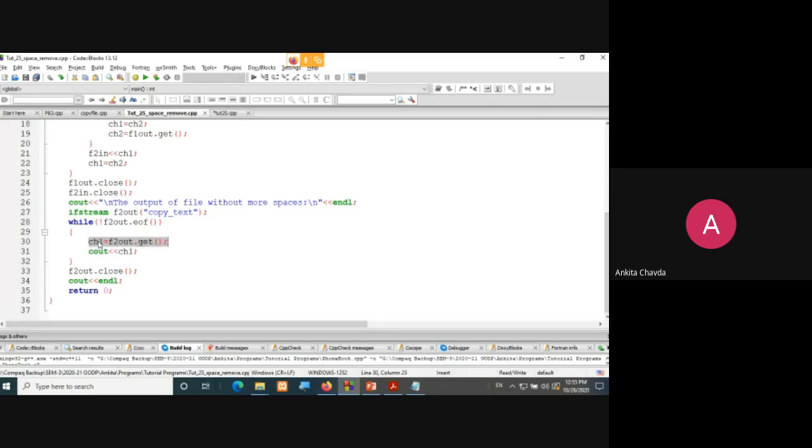Whatever the character is there, it will show onto the monitor screen via the cout. So ch1 will be there on the screen. Again, you will close it. Fine. At the last, you will put the newline, right? This is what your content is. So now we'll run this program.